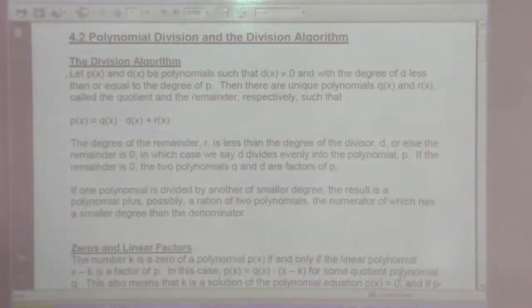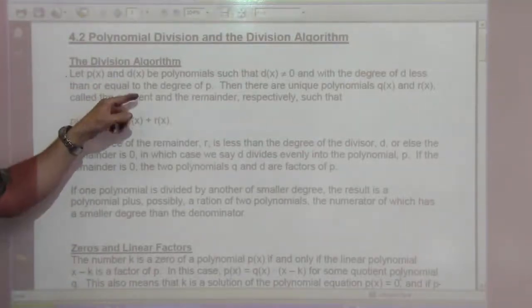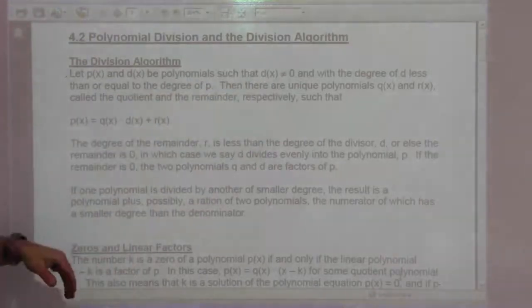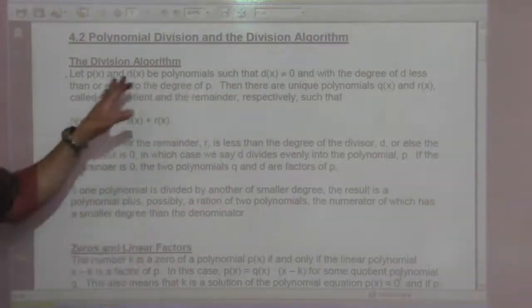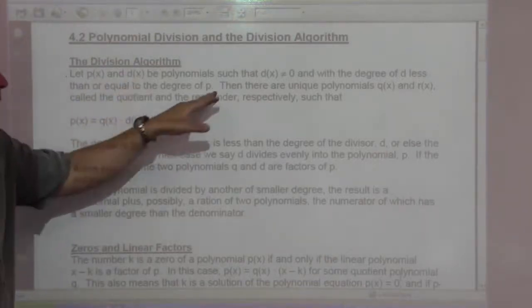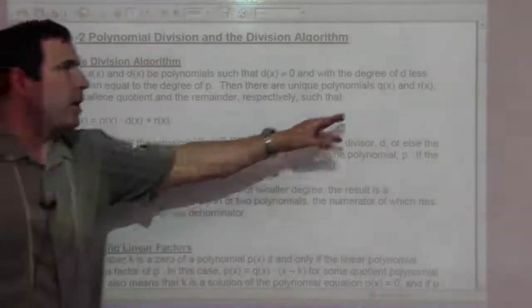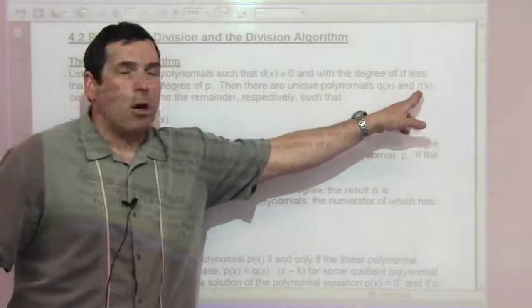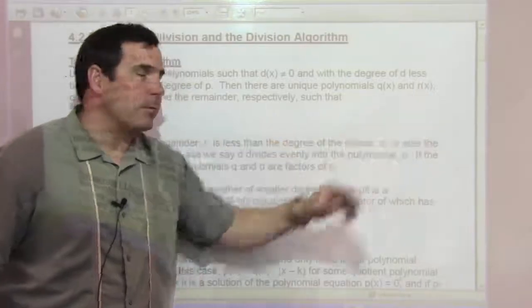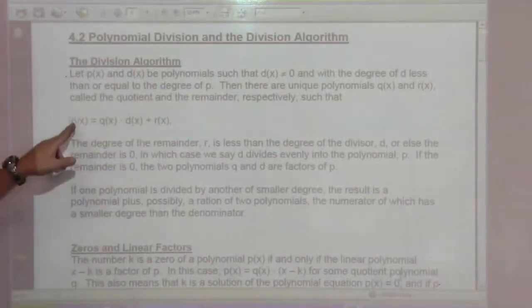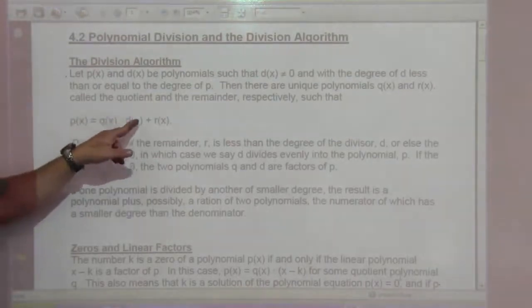Okay, the division algorithm. Let P and D of x be polynomials such that D of x is not equal to 0 with a degree of D less than or equal to that of P. So P for polynomial, D for divisor. Think of that. Then there are unique polynomials Q of x, Q for quotient, result from division, and R of x, think of that for remainder, called the quotient and remainder respectively such that P of x equals Q of x times D of x plus